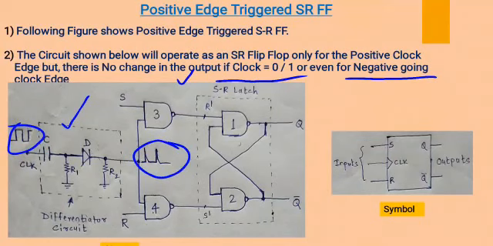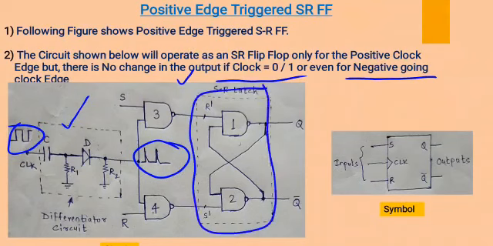After that, this SR flip flop consists of the SR latch. This is the SR latch, which we have already studied. I have given this to you all for the purpose of homework. Now, the truth table of the SR latch using NAND gate is what we are going to use during the operation of this positive edge triggered SR flip flop.